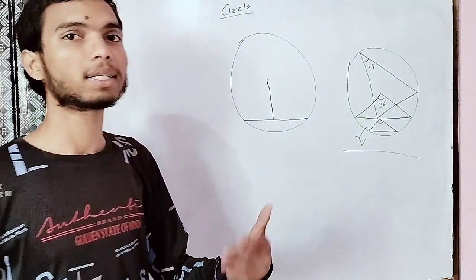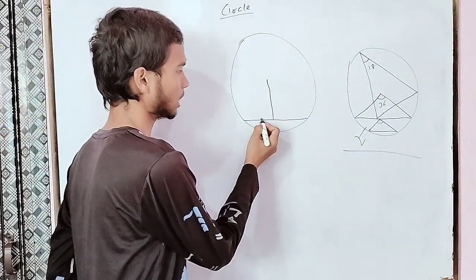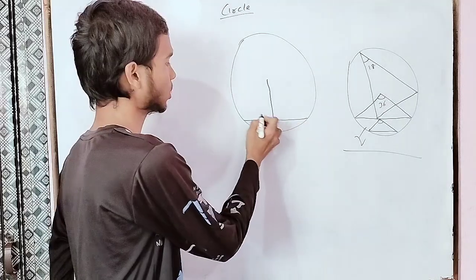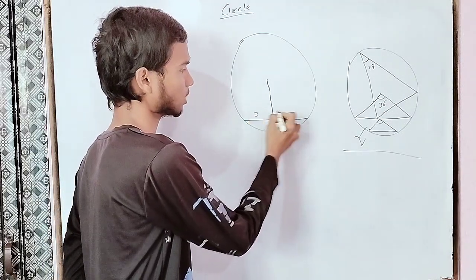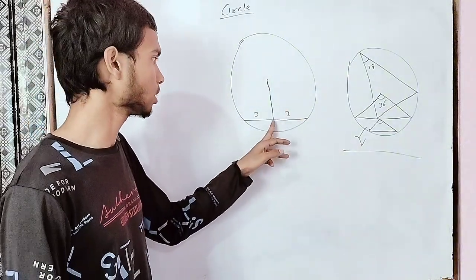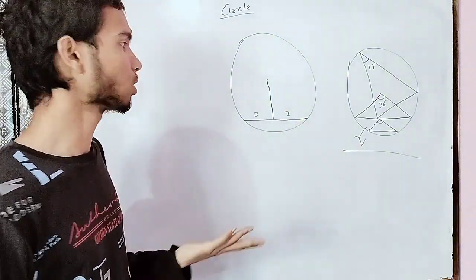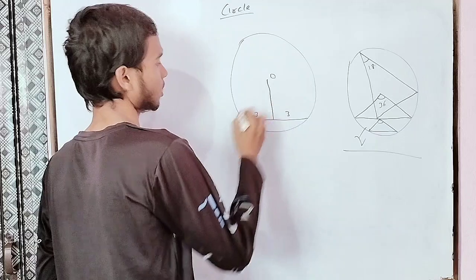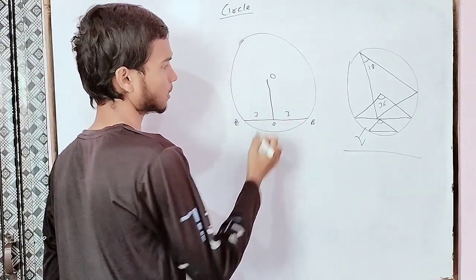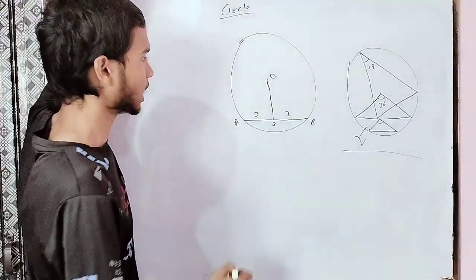So when it comes to bisecting, you already know the measure of this part will be equal to this part. So this is 3 centimeters, so the measure of this part will also be 3 centimeters, from here to here. This is the meaning of a bisector. So let's name it. It is bisecting here. Now here you can say